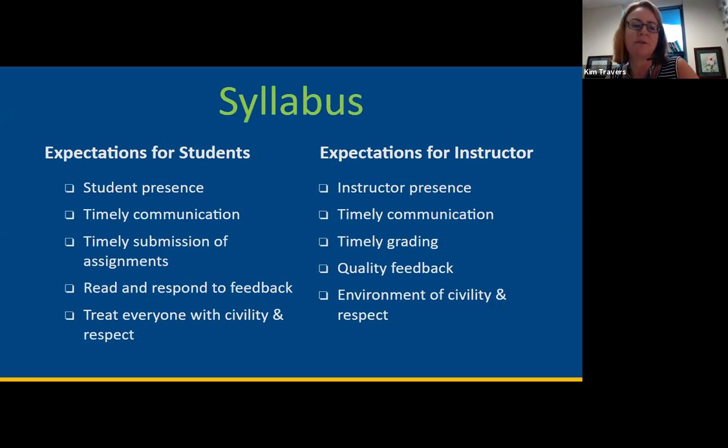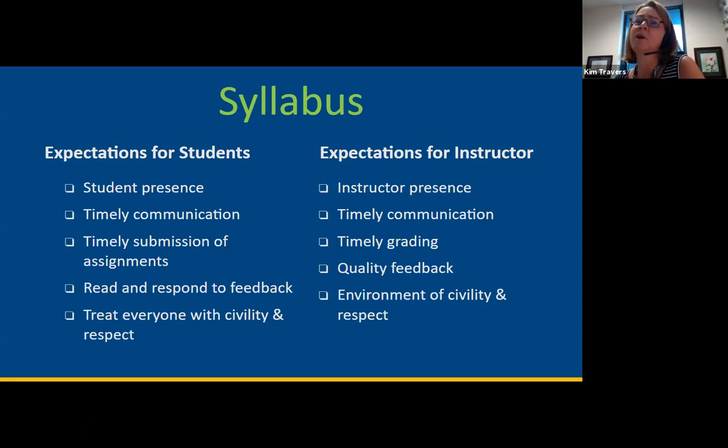So this is one of my absolute key topics here. Personally, I could spend the entire session talking about this one slide right here. I could spend hours talking about the importance of a syllabus and how it's going to set you up for what you need to be able to do. The syllabus should be the one document that you spend more time on than anything else for an entire class.